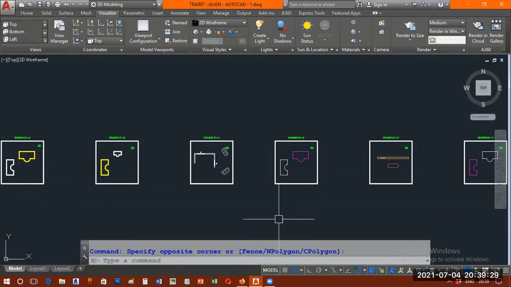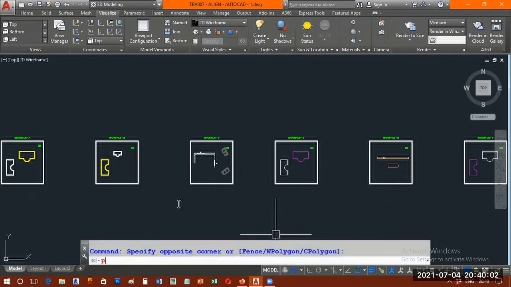I welcome you all to today's topic, the ALIGN command in AutoCAD software. The Align command is a combination of move, rotate and scale. Means by using one command, you can move, rotate and also scale. The align command is applicable for 2D models as well as 3D models. In my example today, I'm going to show you in detail 2D as well as 3D.